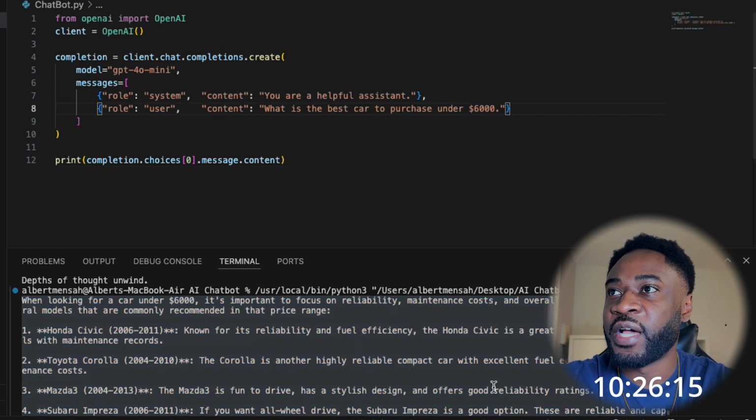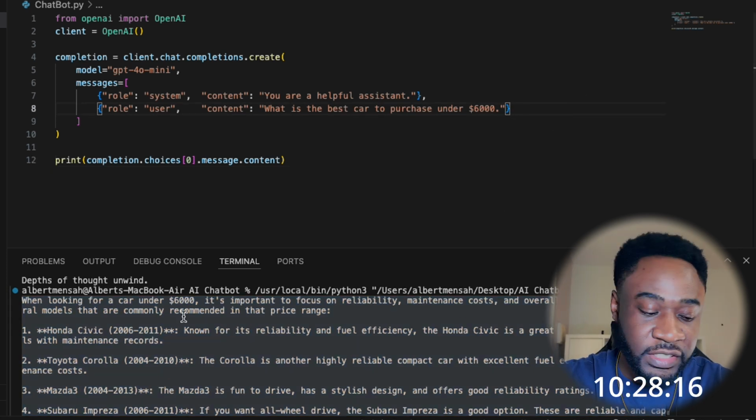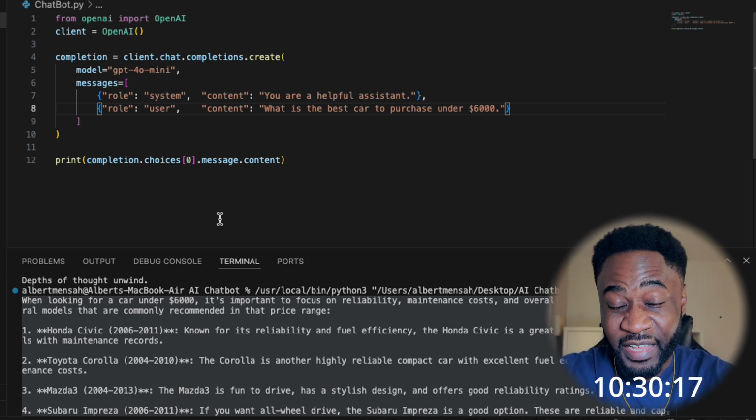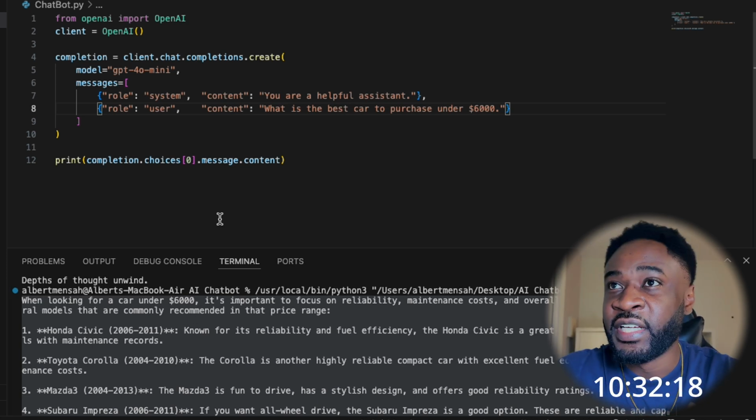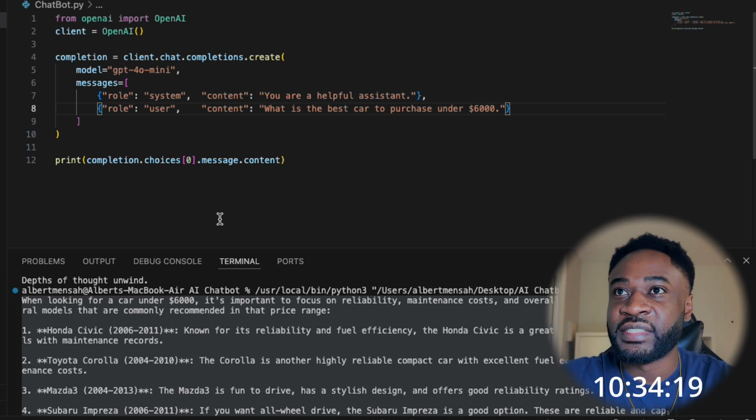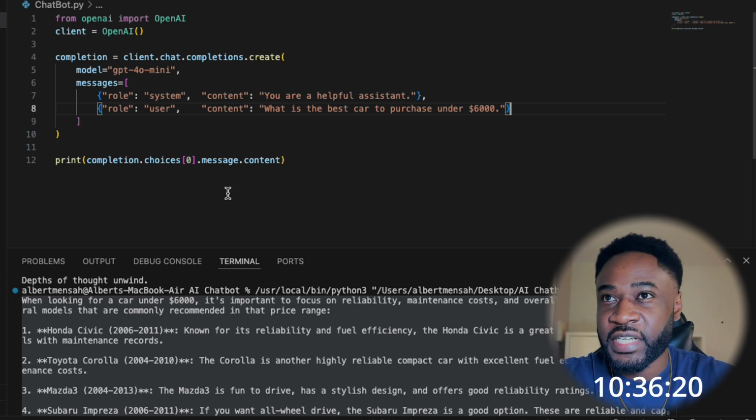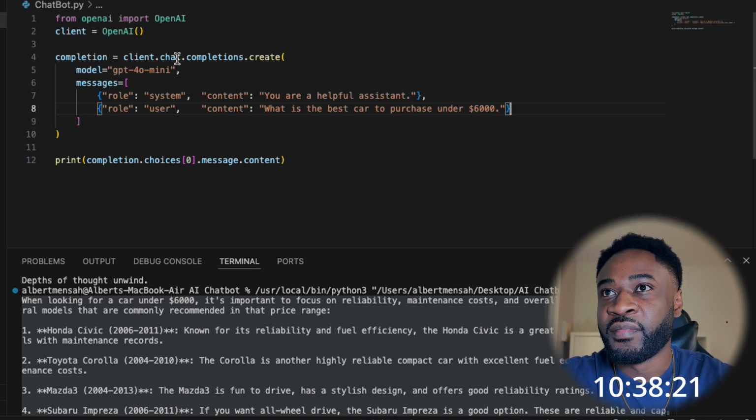So as you can see, now we have a functioning chatbot. And I only have a few more minutes left, so I'm just going to make this a slightly better chatbot. And to do this, instead of putting the prompt here manually like I just did,